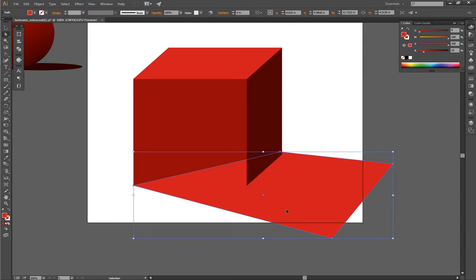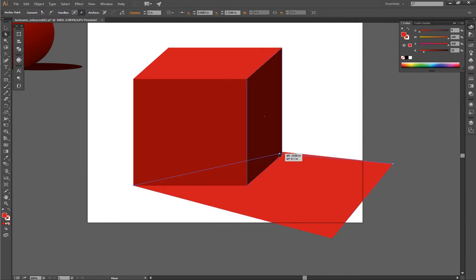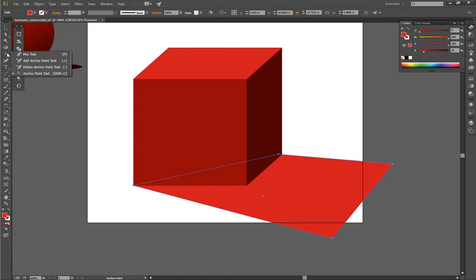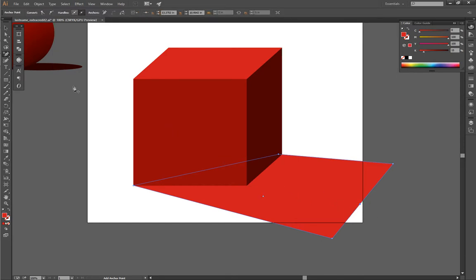Going to move that back. And I'm going to need one more point on this, so what I'm going to do is go to my pen tool, choose the add anchor point tool, add a point, switch back to my direct select tool,